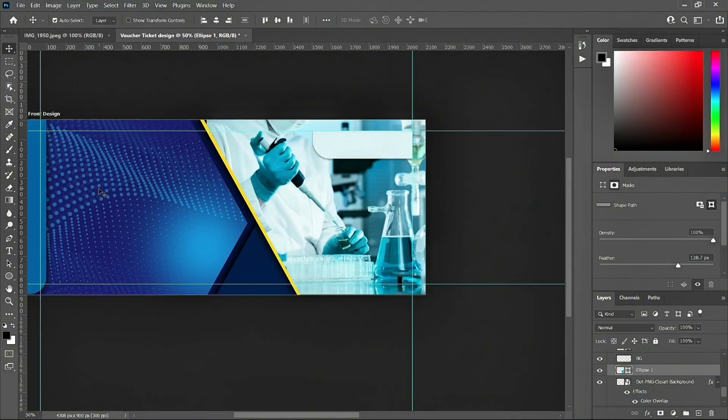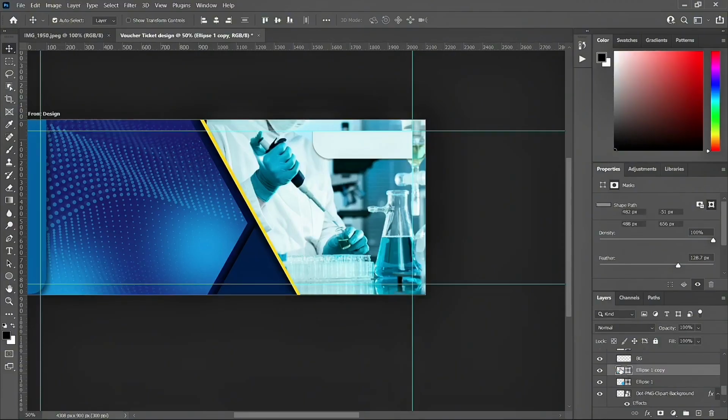And then duplicate this ellipse by hitting Ctrl J and then move the second one to this section